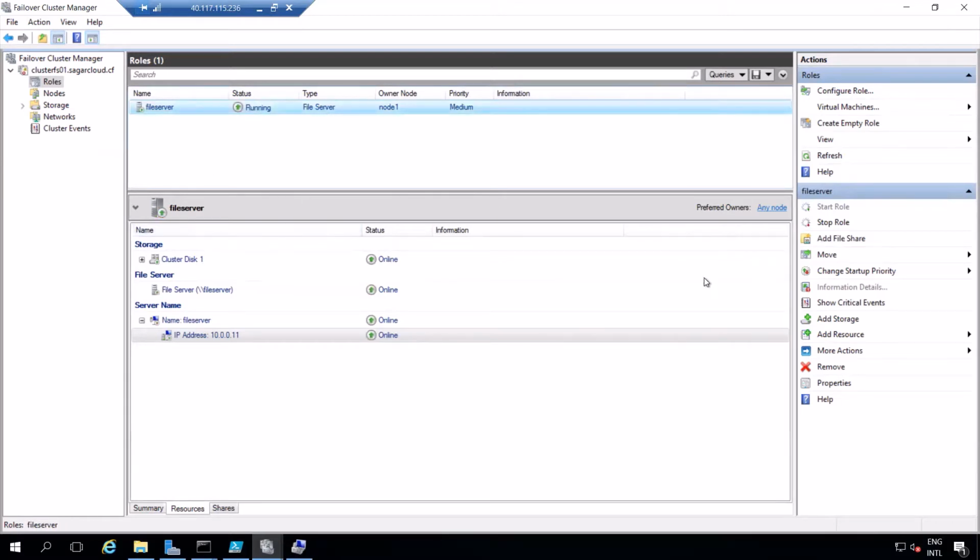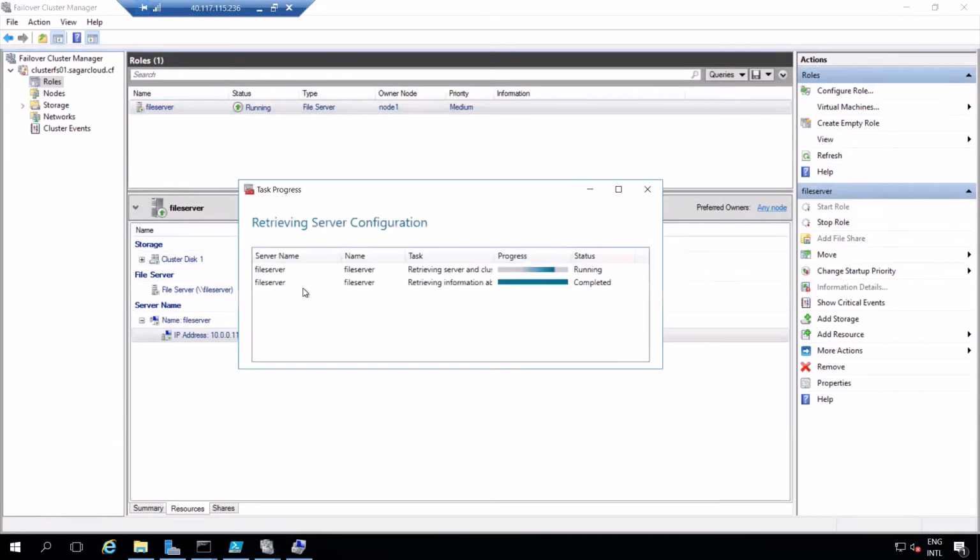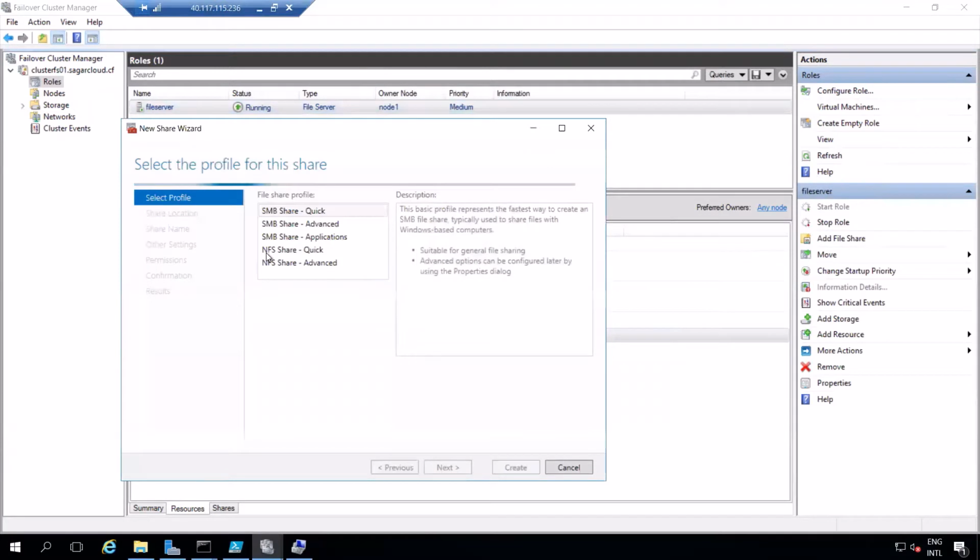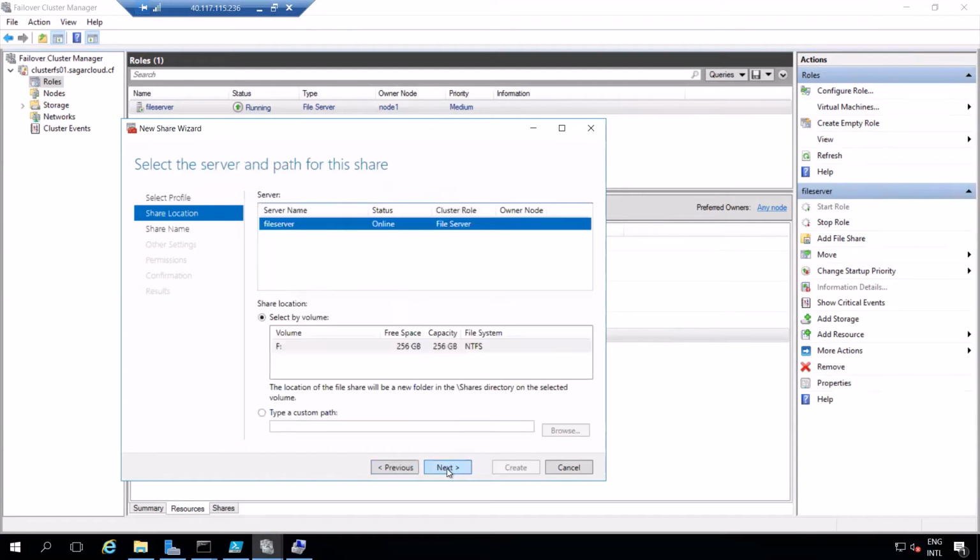Now we are done. Let me create one file share over here. You can see that the disk is already selected and the file server is online. Let me click on next.